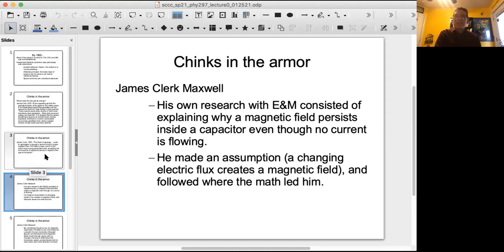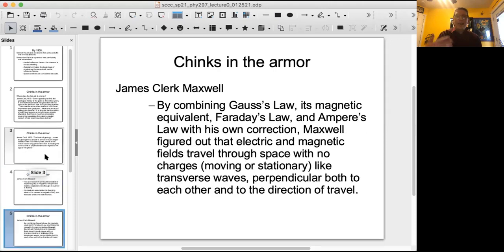So he sort of put in a correction to Ampere's law that made it consistent with observations inside the charging capacitor. And then he followed where the math led him. So that's where you get Maxwell's equations. And then when you solve for Maxwell's equations in empty space, you get a